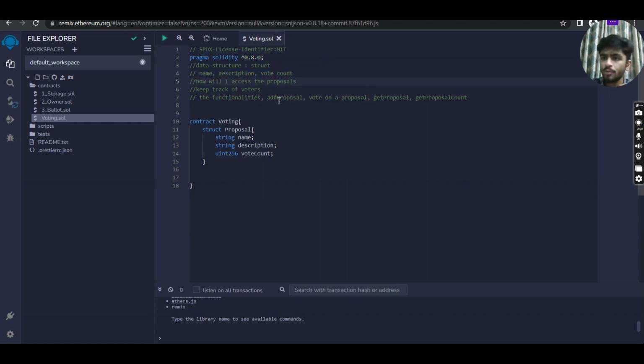How will I access the proposals? So this struct in itself is like a blueprint, and we would be creating instances of this struct, and then we need to store them somewhere, so that we may access them afterwards. So for that we may create a